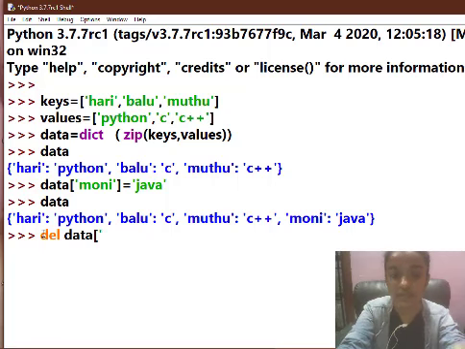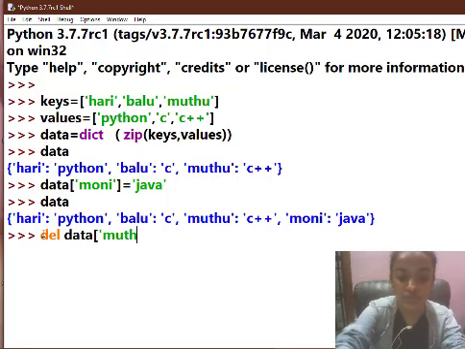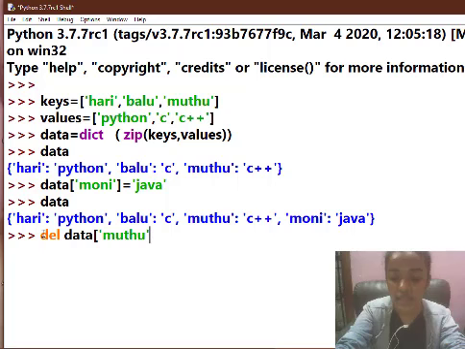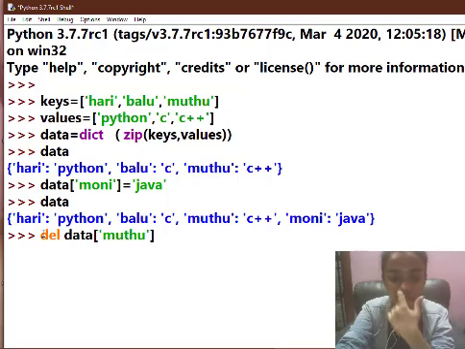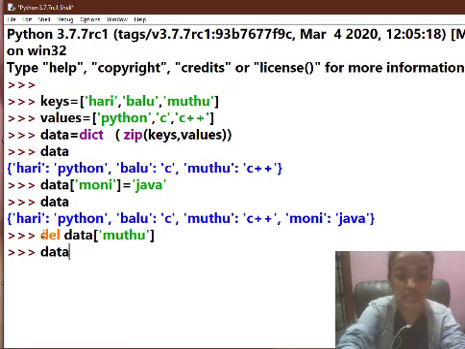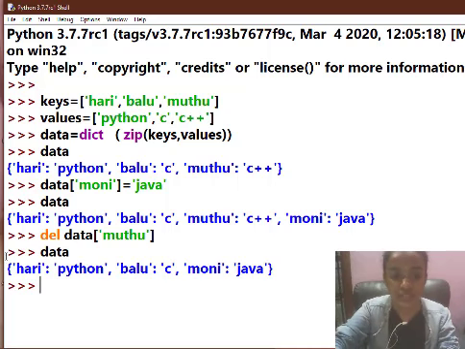I have to mention Muthu, which is the key for me, and then I have to close my square brackets. And now when I press enter on data, Python will give me the dictionary excluding Muthu. I have Hari learns Python, Balu learns C, and there is no Muthu, and after that comes Moni learns Java. So the key Muthu is completely excluded from the dictionary.